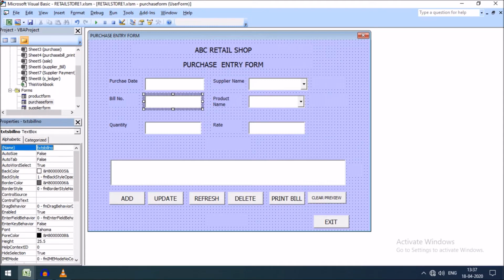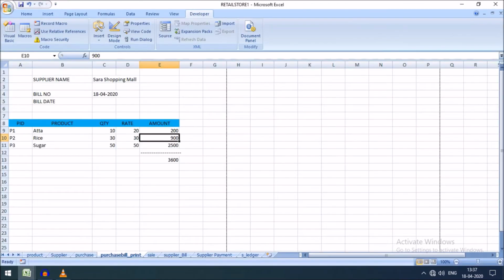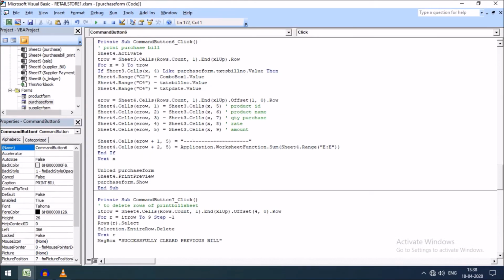Just copy this and go there, and here you can see C4. Actually C4, you can see product. Just going back to this sheet, here you can see this C5. Actually the value will be C5, the cell address will be C5.